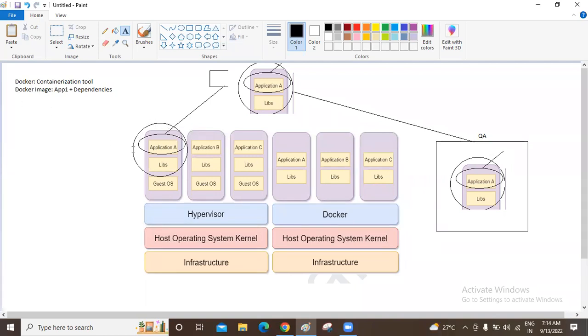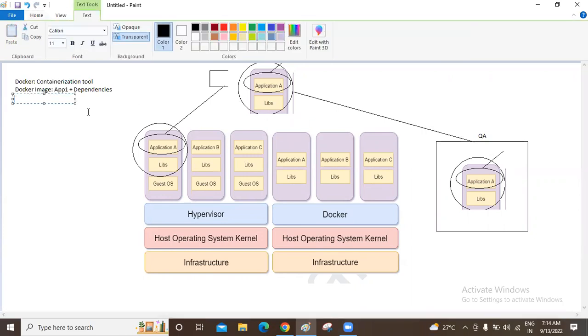So this Docker image has to be stored in some central server. For example, we are storing the application source code in GitHub or Bitbucket. What are those called? Those are called version control systems or source code management tools.